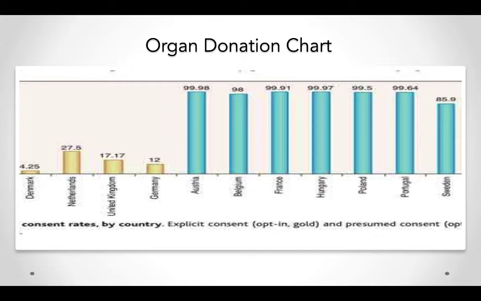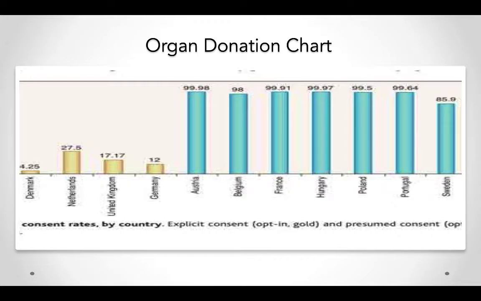Because if you know your history, your geography, Germany and Austria, the two countries next to each other in this graph, are not that different. They're speaking the same language. They're basically the same type of people. And yet we have such a difference in their organ donation chart. And so is UK and France, depending on which side of the English Channel you are, and Netherlands and Belgium, and Denmark and Sweden. They're all on the opposite side of the spectrum, although we could consider them similar. So what is going on with this? We're going to go through this example as we talked about.